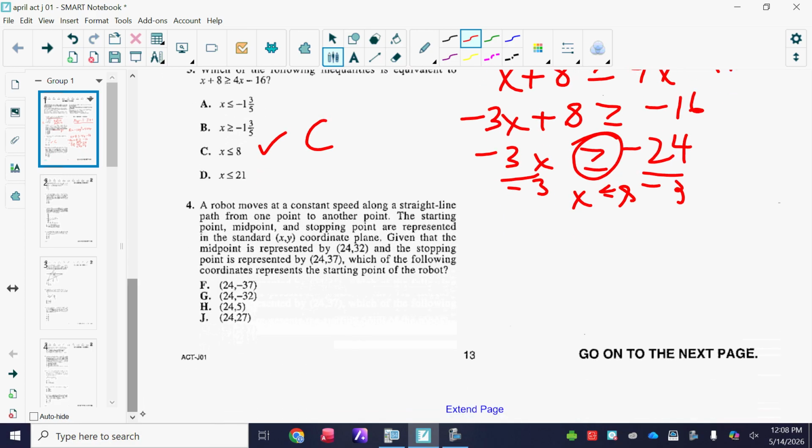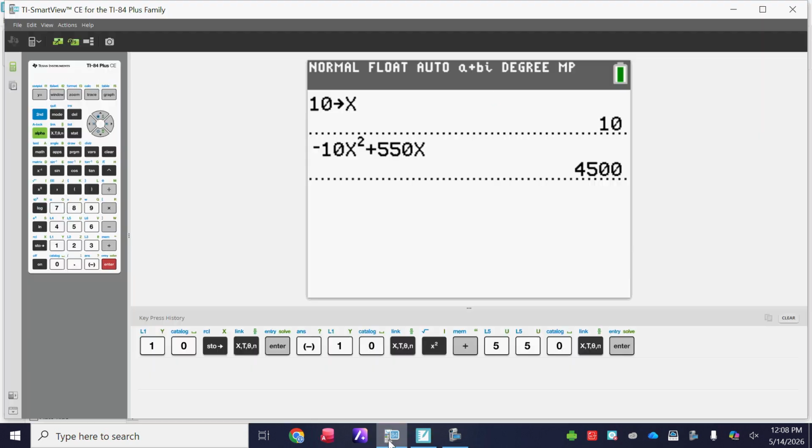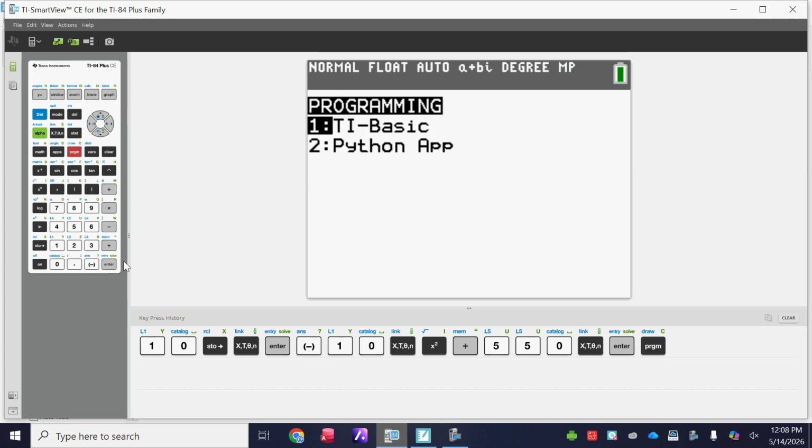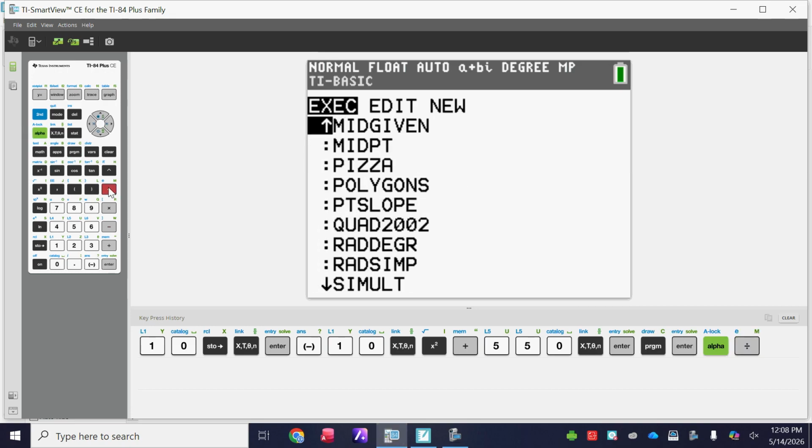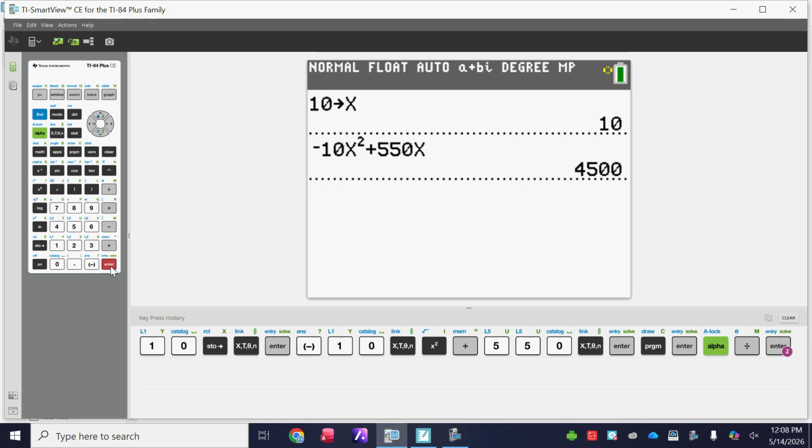This one is a program. It's called midpoint given. And the key is they're given that the midpoint is. That tells you that you're using midpoint given. The midpoint is 24, 32. So I love this program. It's usually pretty clear how to use it. It says midpoint is